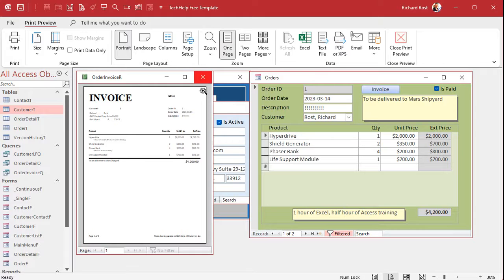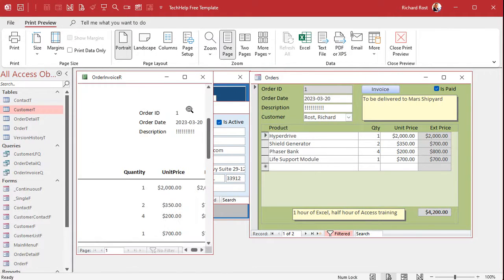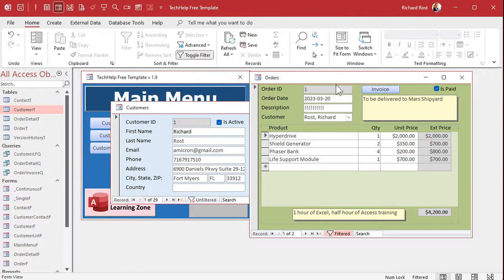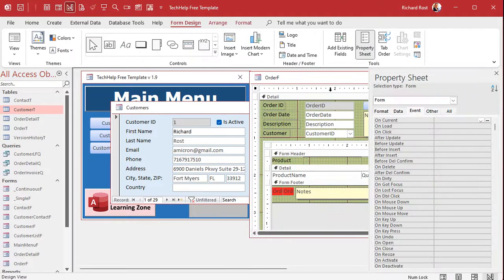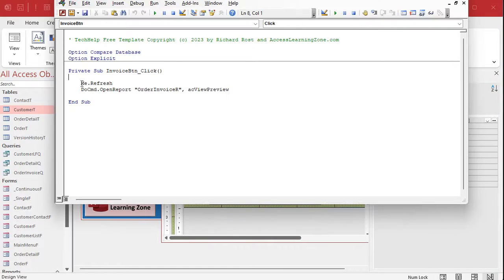If I don't, then this is still dirty. That means the data hasn't been saved to the table and the invoice is going to be wrong. For example, if I change the order date here to 3/20 and hit invoice, that gets saved to the table, and now you can see it's updated to 3/20. Without that Me.Refresh in the button's build event, it won't save the